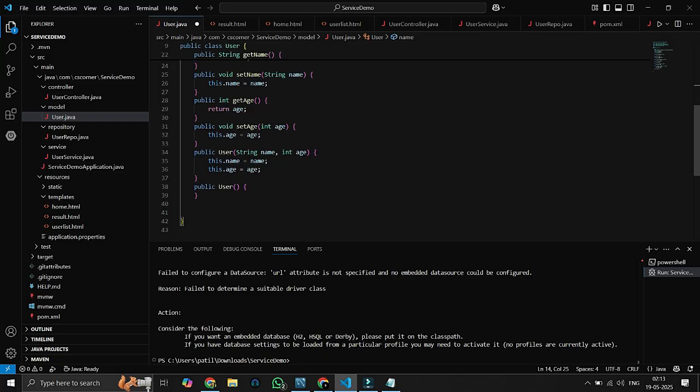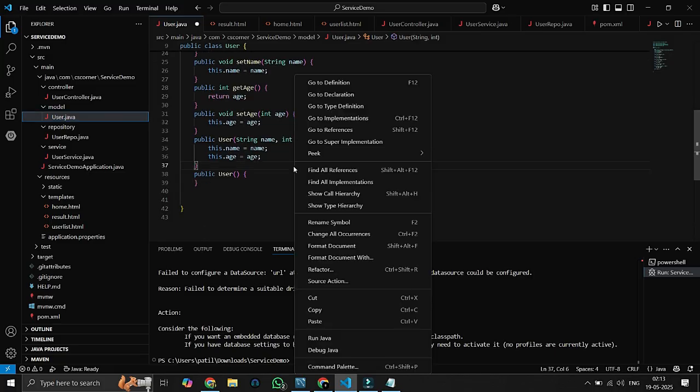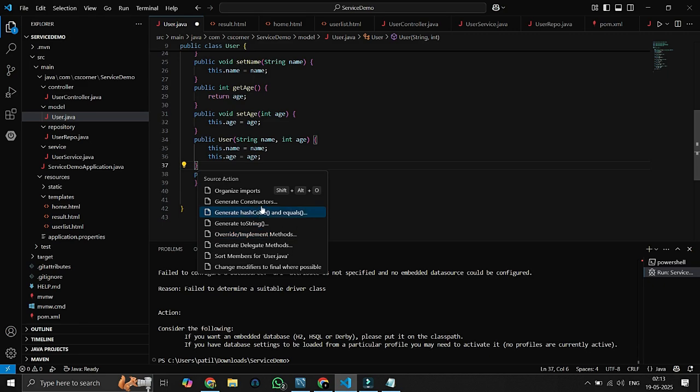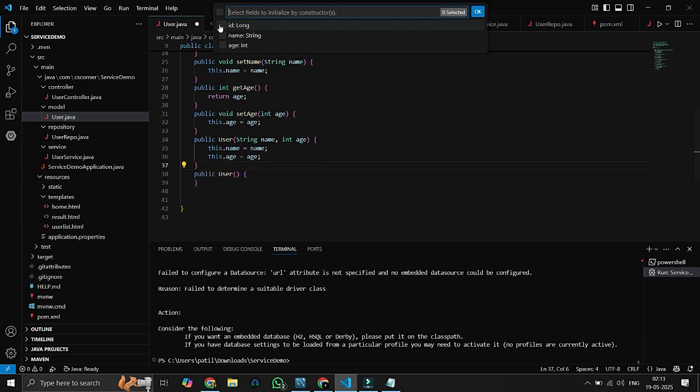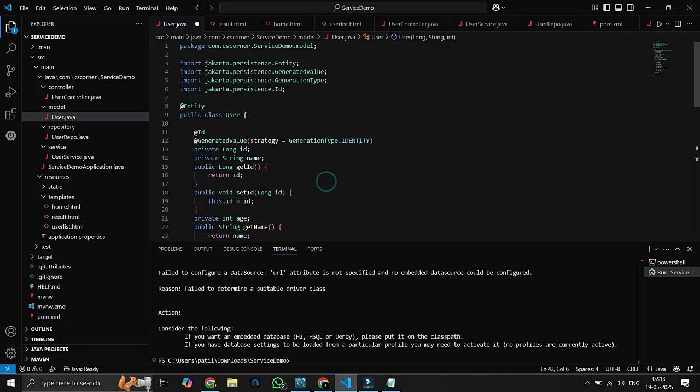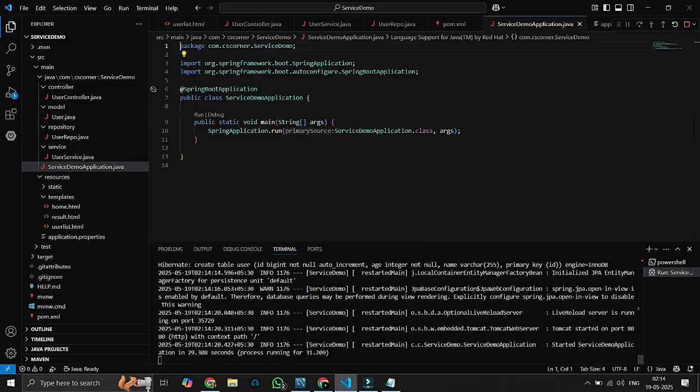Okay, and we need to create constructors also. Okay, yep, that's it. Control S, and now I guess we can check our model. Okay, our application is started. So let's check